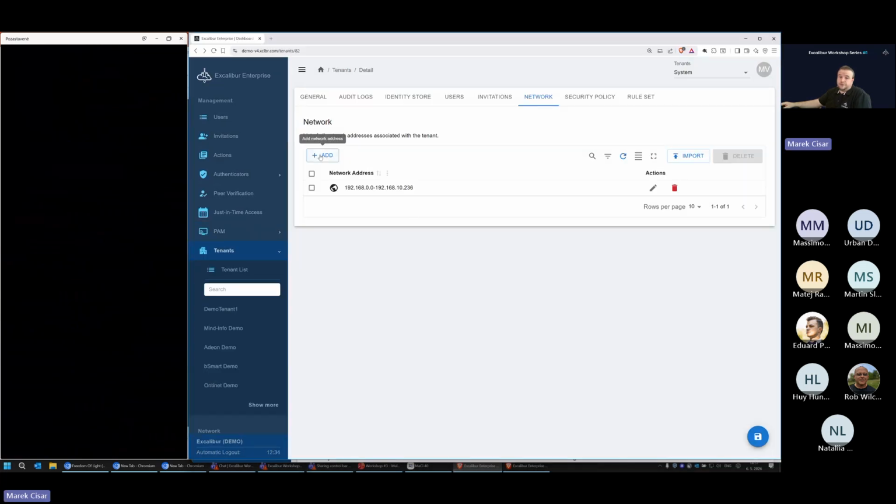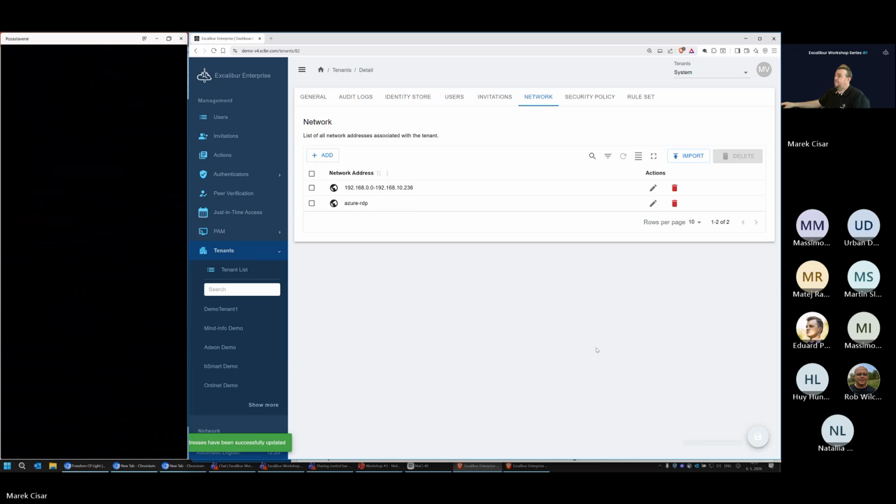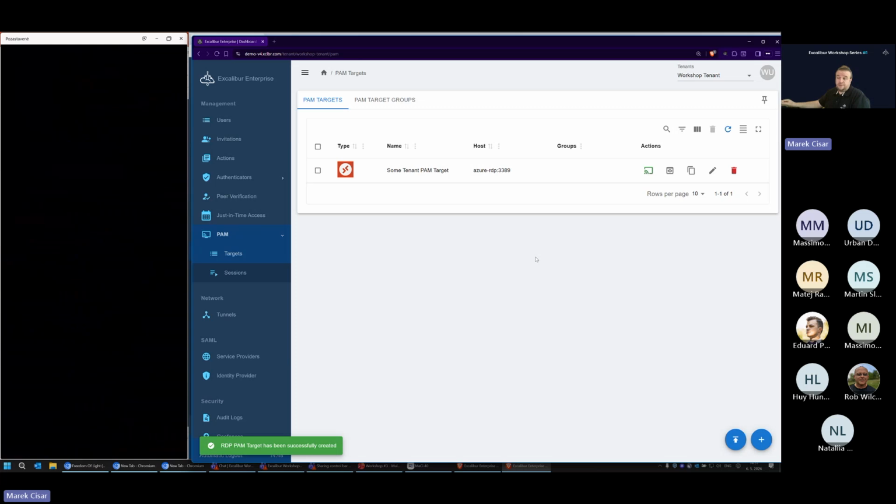So I will configure in the network policy the host name because it is possible as well. RDP, like such. Okay, what about now? No problems at all. Nicely done.